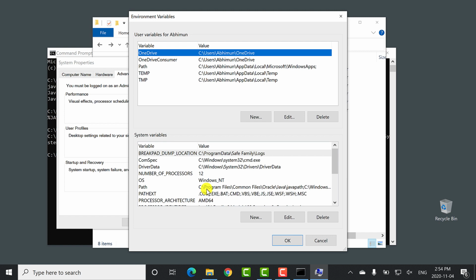If you set up anything in user variables, that will be available only for the user currently logged in. But if you set up anything in system variables, that will be available to all the users using the system. So I recommend using system variables for this purpose.